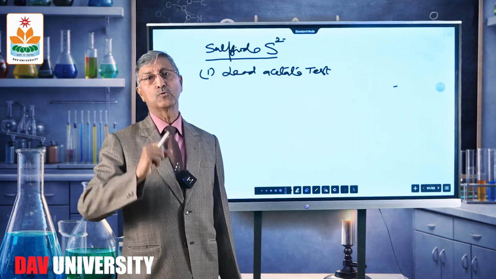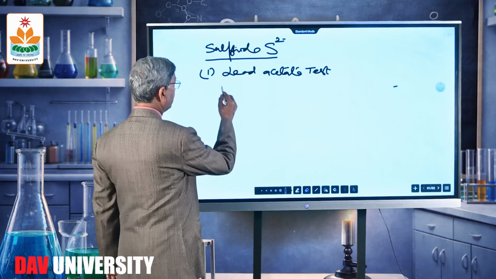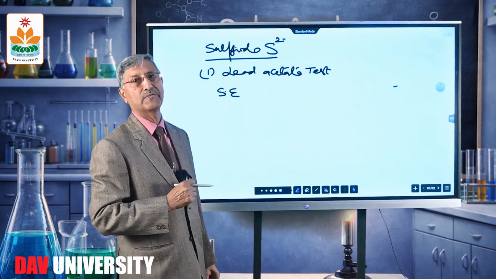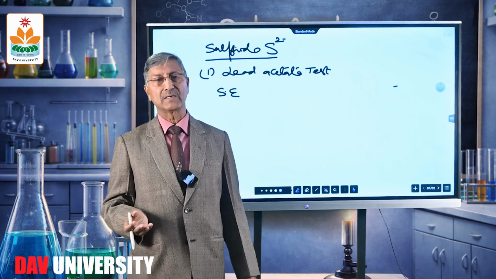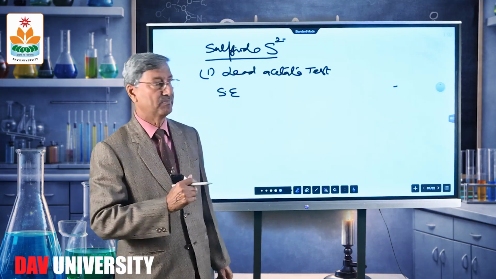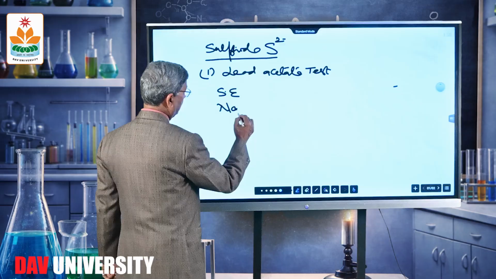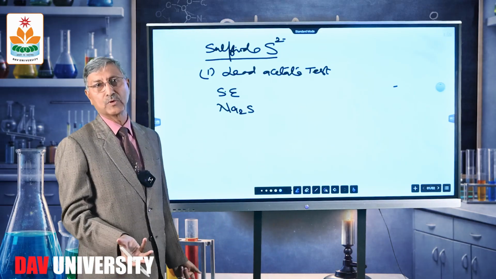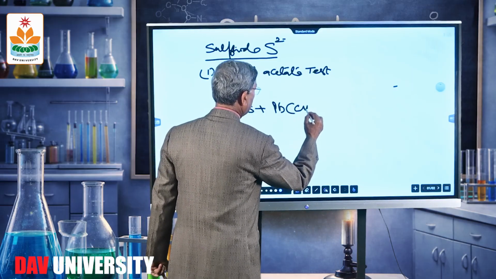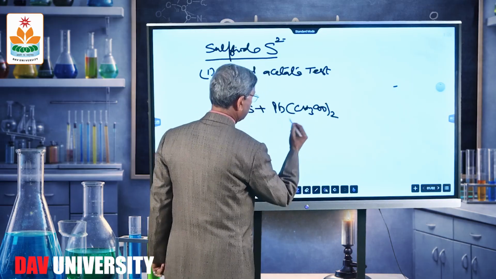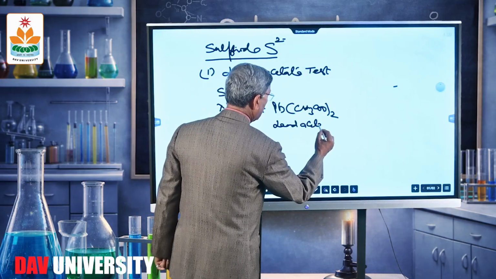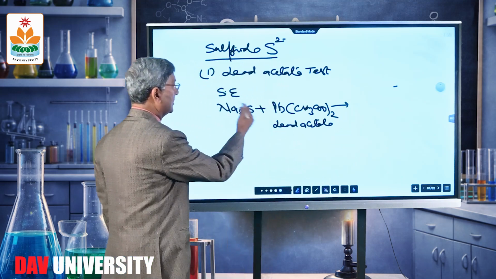So take 1 to 2 milliliters of the soda extract, SC, and add a few drops of acetic acid, heat a little, let the evolving gases cease, and after that add lead acetate to this. So we have got sodium sulfide. Why sodium sulfide? In soda extract we will be getting sodium sulfide only. So sodium sulfide plus lead acetate. This is lead acetate solution in water, a clear solution.